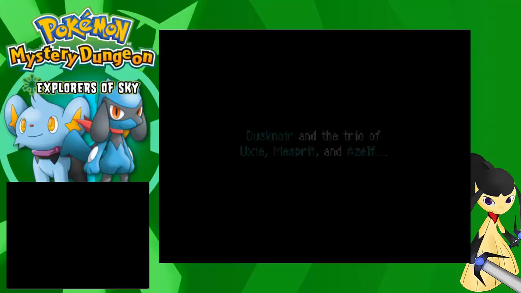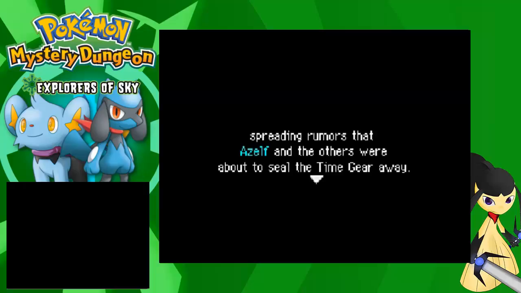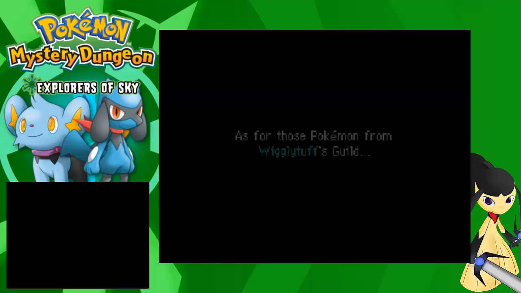And thus, Dusknoir and the trio of Uxie, Mesprit, and Azelf set off to Crystal Cave. In the meantime, the other Pokemon busied themselves, spreading rumors that Azelf and the others were about to steal the Time Gear away. As for those Pokemon from Wigglytuff's guild,